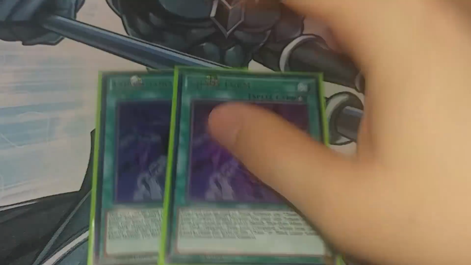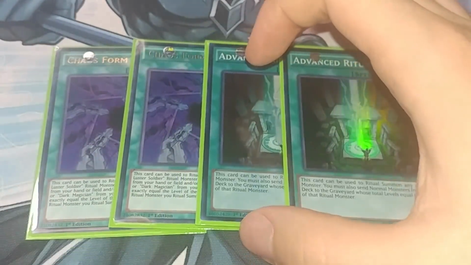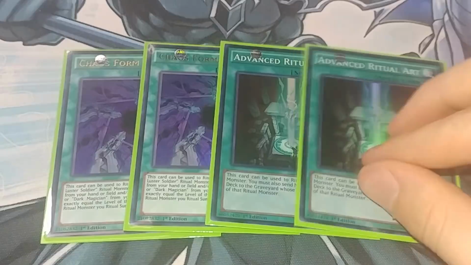So yeah, I don't really need to play hand traps too much. 2 copies of Chaos Form, 2 copies of Advanced Ritual Art. I just think this is the correct ratio. You want to resolve the Advanced Ritual Arts, but Chaos Form is also good, because